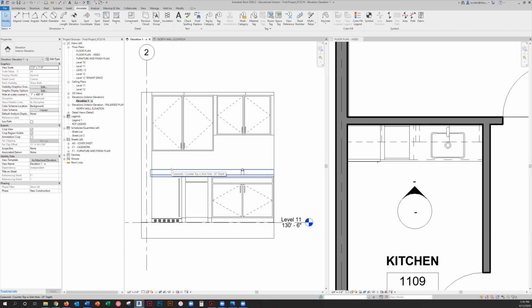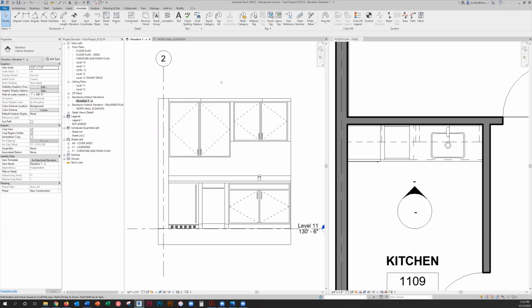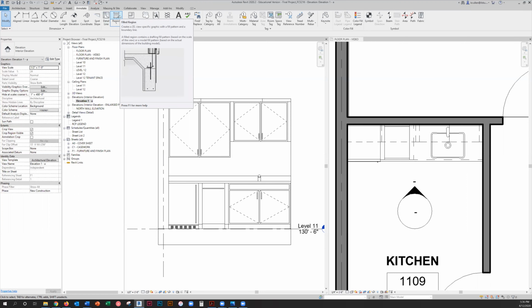So instead of painting it out with just basic drywall, I figure backsplash subway tile might liven it up a bit. In order to do that, it is quite simple. We are going to now be in our annotate tab, and I'm just working directly in the interior elevation. Within the detail area right here, there is a button called region or filled region. I'm going to click on that,